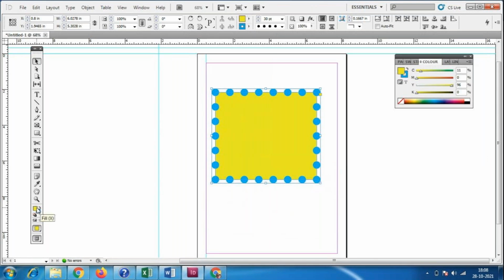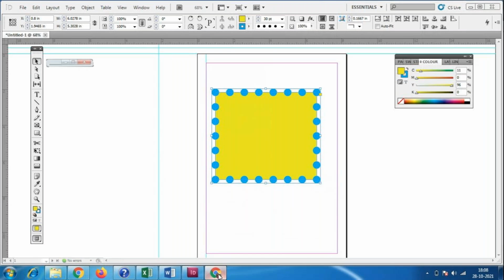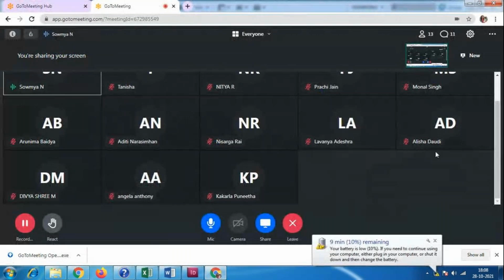Somebody asked me about a problem with this color.